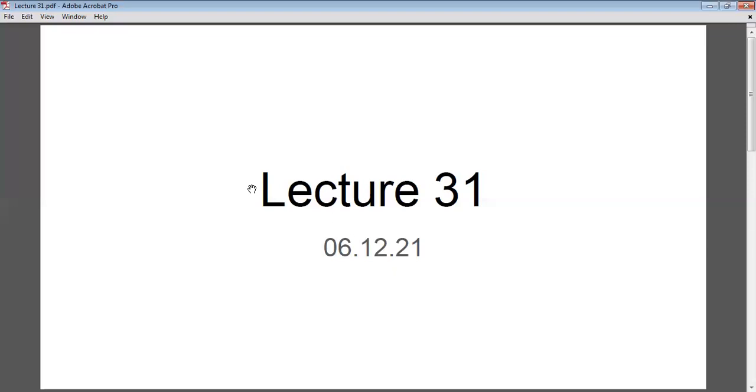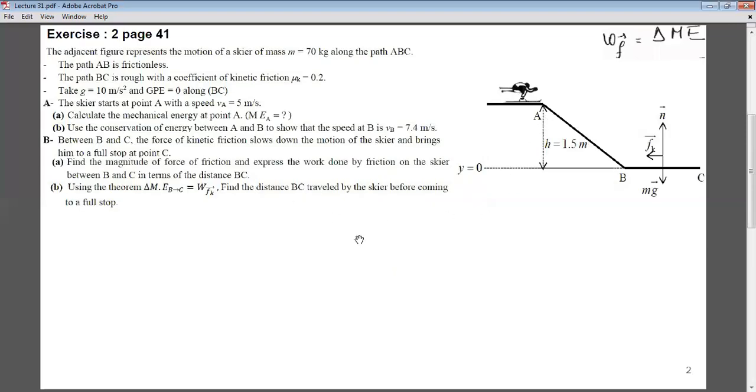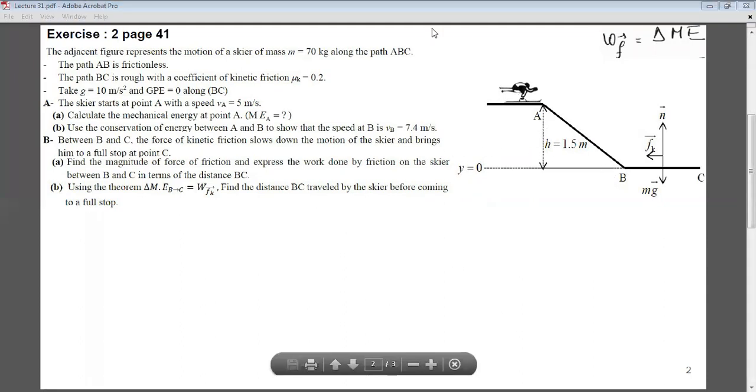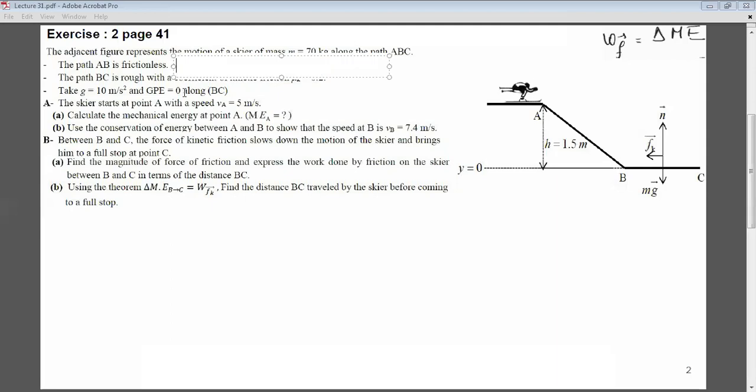So let's do it. The adjacent figure represents the motion of a sphere of mass m equals 70 kilograms. So we have the mass along the path A, B, C. Okay. The path AB is frictionless. So they are telling me that the path AB is frictionless. If it's frictionless, it implies I can apply mechanical energy conservation